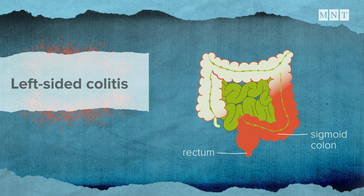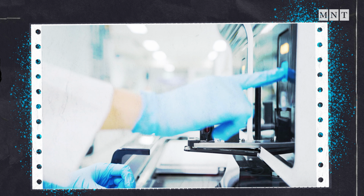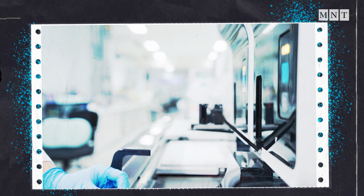Diagnosing ulcerative colitis involves a combination of your medical history, physical examination, and diagnostic tests. A doctor will conduct blood tests to check for inflammation markers and stool tests to rule out infections. Imaging tests, such as CT scans or colonoscopies, may also be performed to examine the colon and take tissue samples